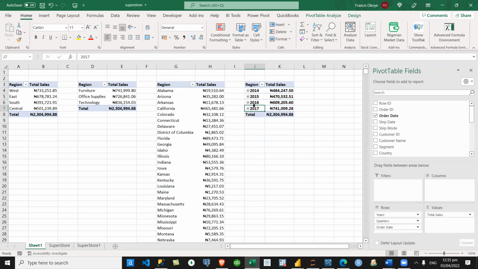So if I want to get the years, it will make sense to get the total. Is that not true? You add up from January to December 2014, January to December 2015, January to December 2016, January to December 2017. So it makes sense to add up.